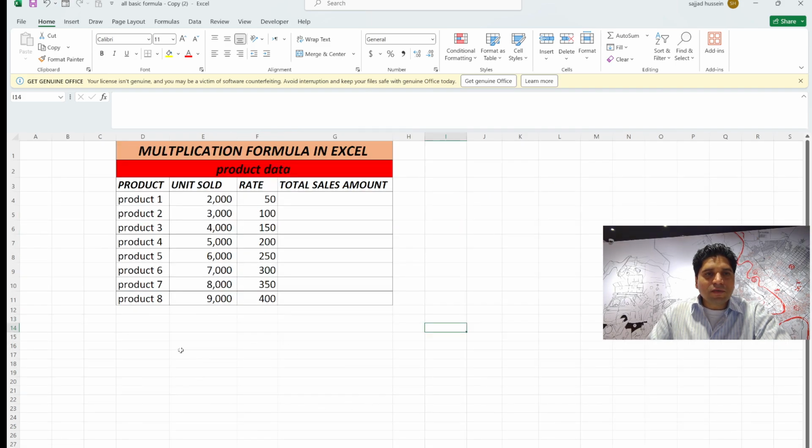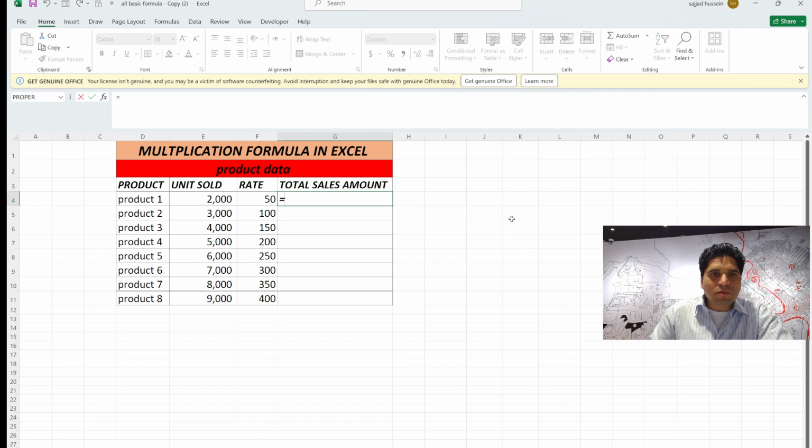Third, multiplication formula in Excel. This is my product data. This is the product. This is the unit sold. This is the rate. I need total sales amount. I use the keyboard equal to